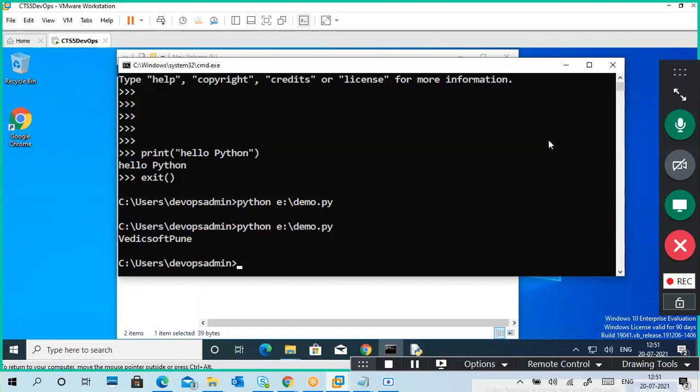So I executed the file. demo.py contains a Python program. I use the Python command, Python, and I gave a location and file name. It executes the program inside. And also we can give, if you want, an ampersand before Python.